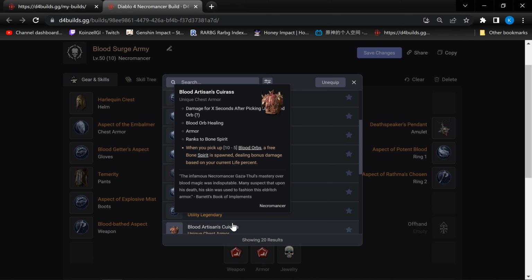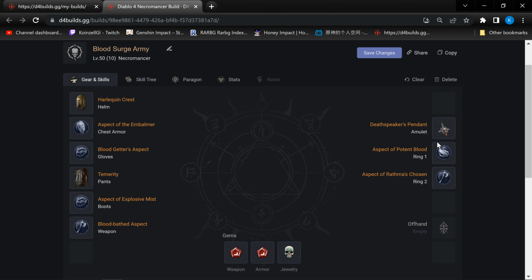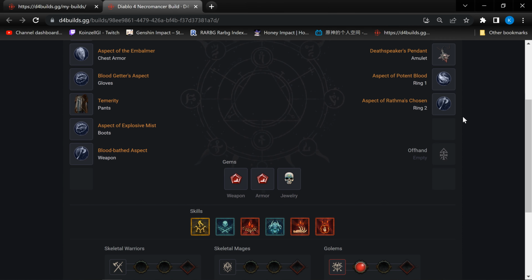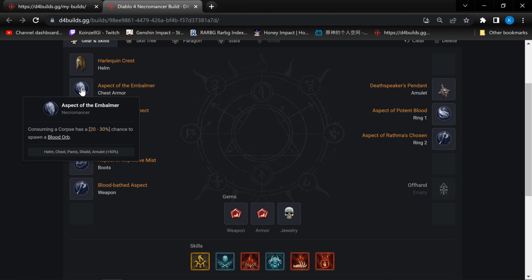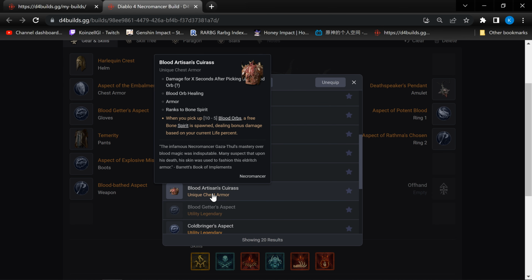Because after all, it's giving you a bone spirit, not an additional blood skill damage. So it's not a blood skill, it's a bone skill. So this free bone spirit is a bone skill, it's not a blood skill. If it were a blood skill, then it would be even more important to get it because it would have all your synergy from all your blood skill passives, even getting bonus blood skill damage from your Death Speaker's pendant as well, right? So that's why I say that it's closer to nice to have,